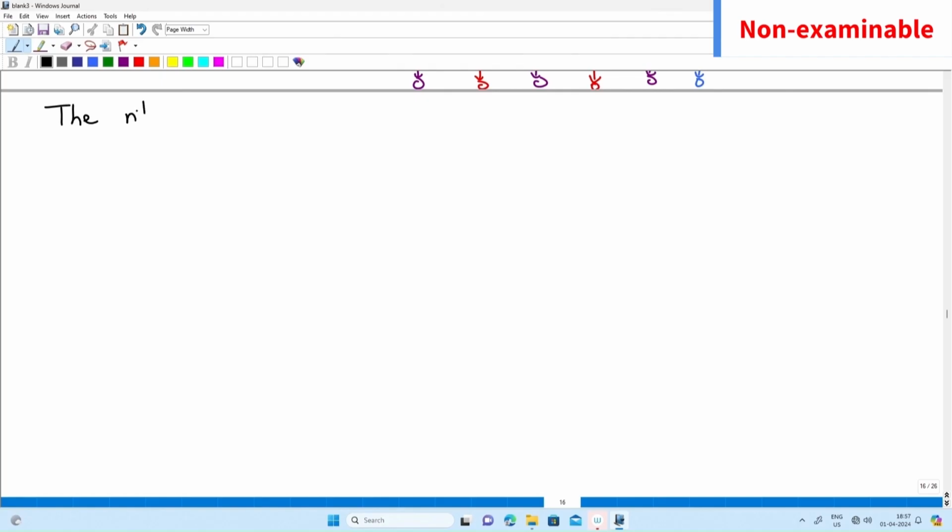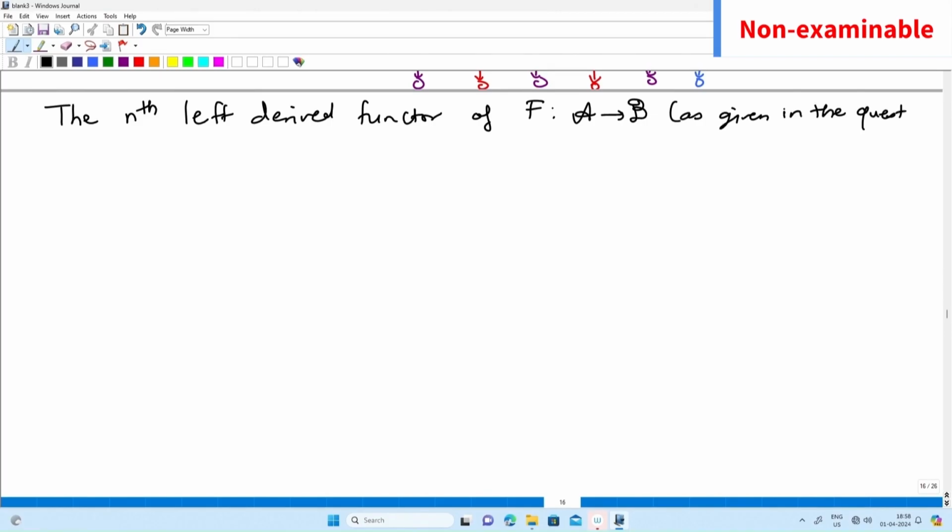The nth left derived functor of f from A to B, as given in the question, is denoted Ln f and is defined to be the composite